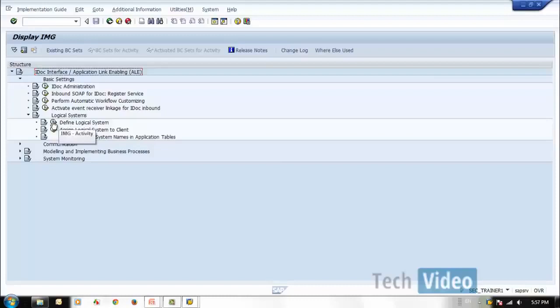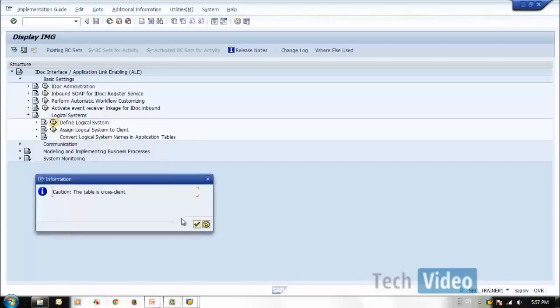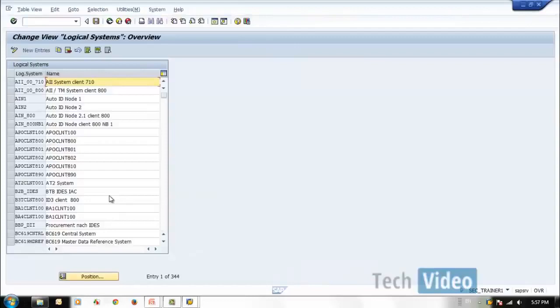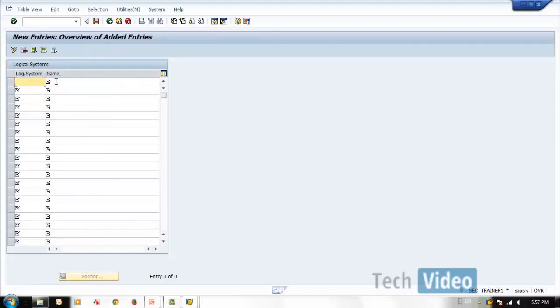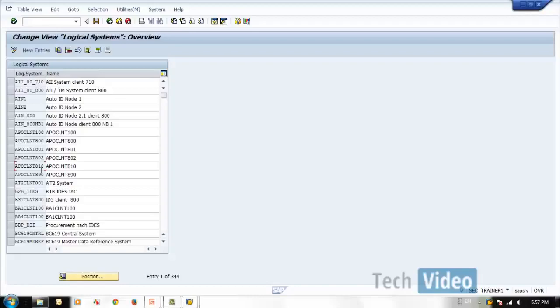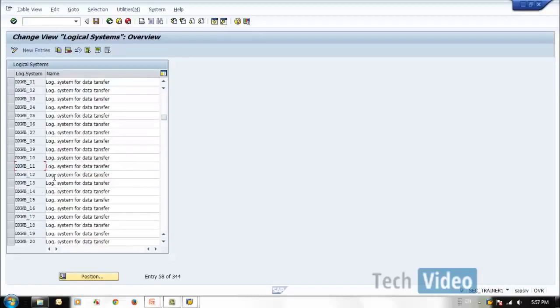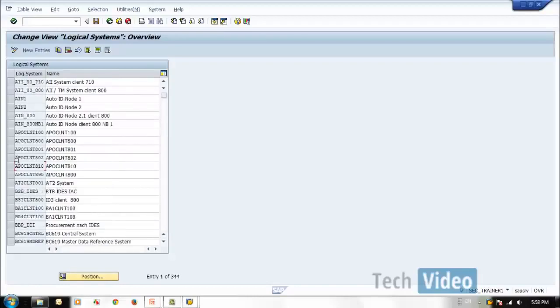So if you wanted to assign a logical name on the SCC4, first you go here and say define a logical system. Say okay, this is a cross client setting. So here we say new entry, then you can create the logical system and some name. Okay, right now the clients what we have seen, these are all the logical system names which are created.